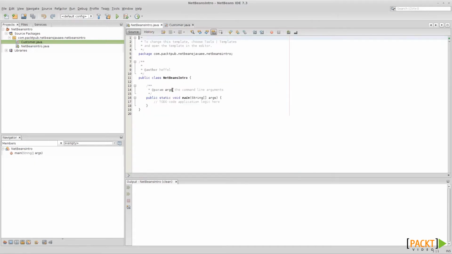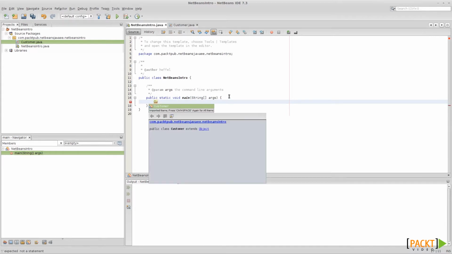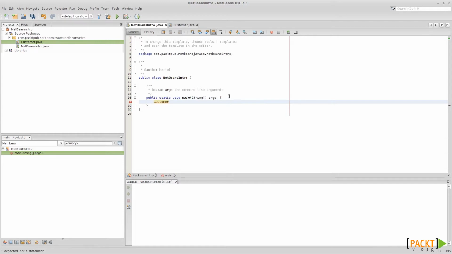Now, going back to our main class, here we see some boilerplate comment that NetBeans adds. We can delete this line or any line by hitting Control-E. And that deletes the line in one shot. Now let's create an instance of our Customer class. CU, Control Space, NetBeans completes. Now if we just hit Control Space here, NetBeans will provide some suggestions for variable names. Personally, I like readable variable names, so I'll pick the customer spelled out